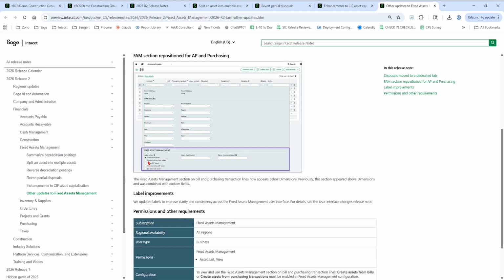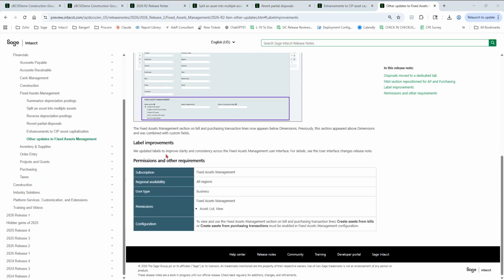So you can create a new fixed asset, you can create multiple ones. You can create a construction in progress or add to a construction in progress asset or do not create an asset at all. Okay, so this fixed asset management area right here has more features now here for actions here on the left, for example.